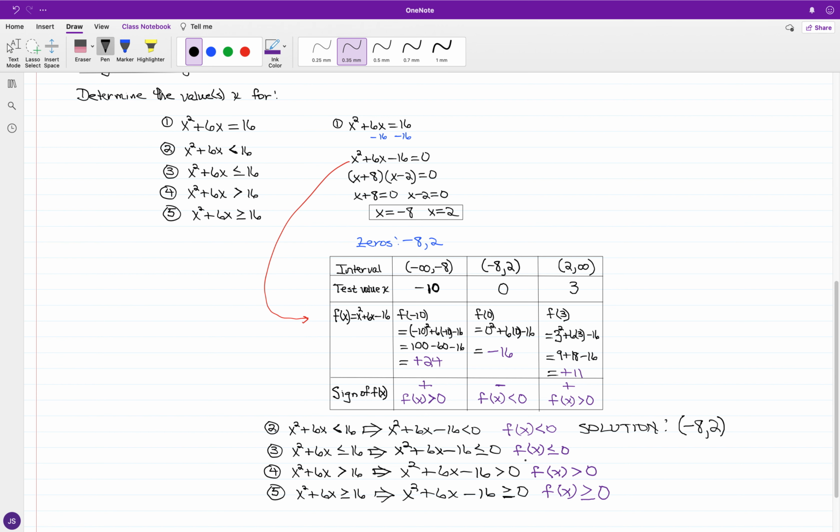And now where we have f of x is less than or equal to 0. Direction-wise, you're going to have the values in the same direction as where we had less than 0. So you're still involving the same limits, -8 and 2. But since the inequality has the equal sign, well, guess what? -8 and 2 create the equal to 0 part for this function. And since -8 and 2, thanks to the equal sign, are going to be included, we have brackets wrapped around these values. And now for the greater than and the greater than or equal to statements,